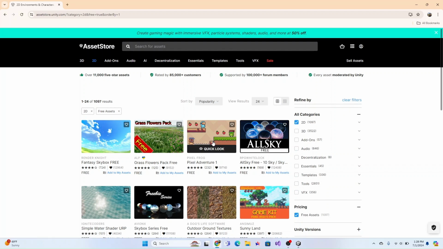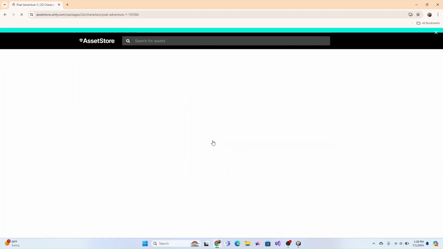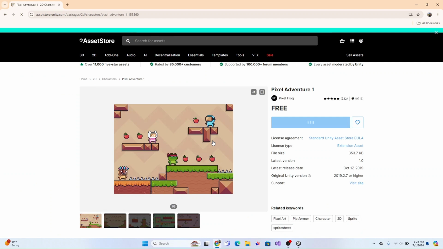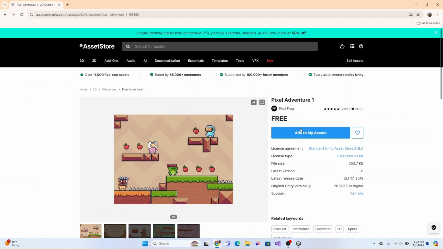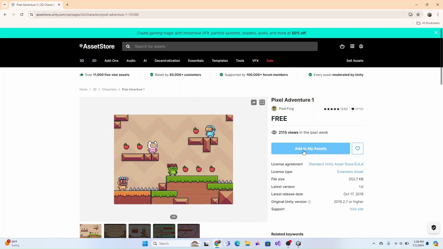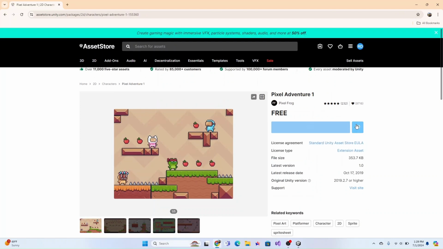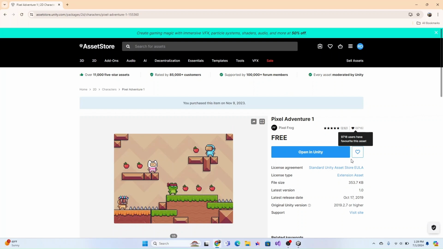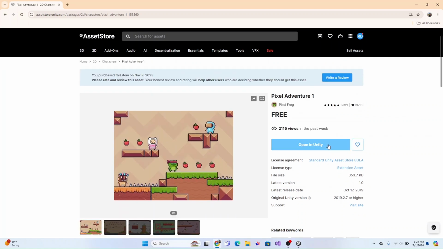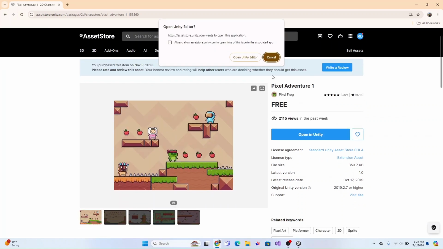And we're going to click on Pixel Adventure 1. These are the assets that we are going to use for our game. So once this loads, you click Add to My Assets, and then it will come across to a sign-in screen, and once you click through the sign-up screen, it will have a little button that says Open in Unity. You can click that button, and then it will give you a pop-up. You can click Open in the Unity editor,